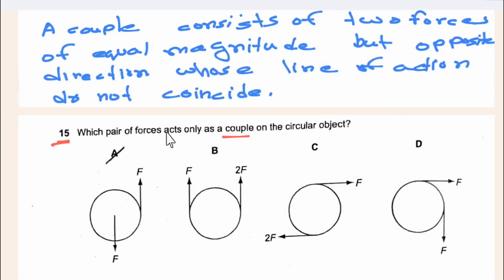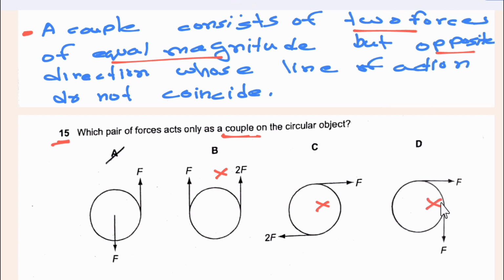15. Which pair of forces act only as a couple on circular objects? You must remember the definition: a couple consists of two forces of equal magnitude but acting in opposite directions, whose lines of action do not coincide. Among the options, this is not of equal magnitude, this is not of equal magnitude, and this is of equal magnitude,